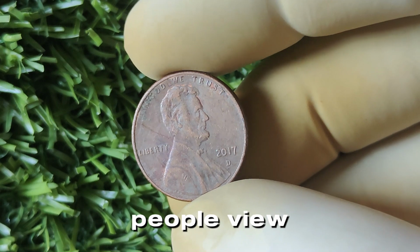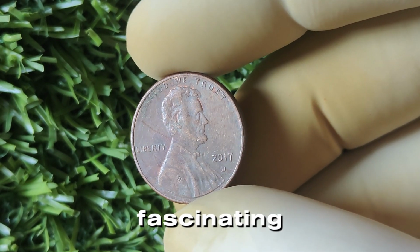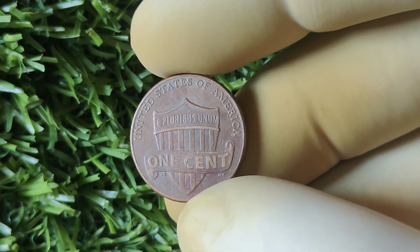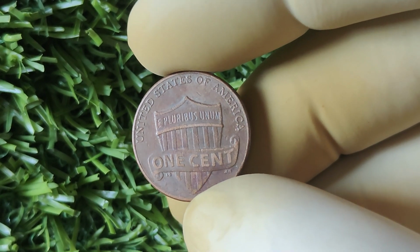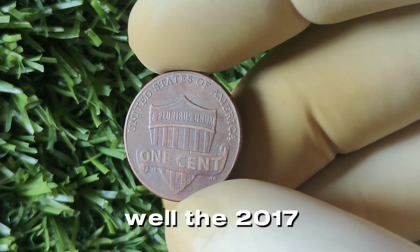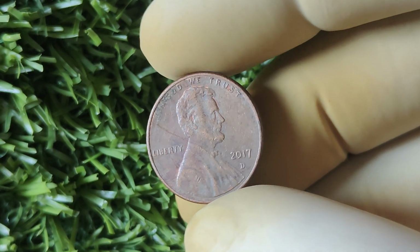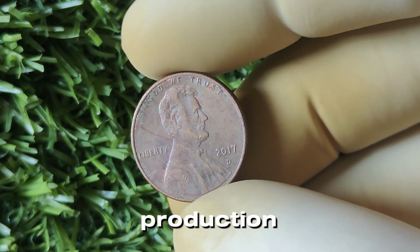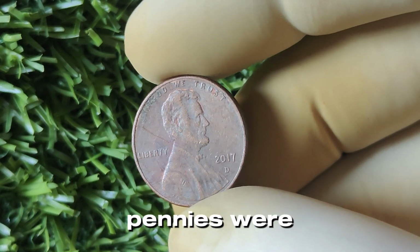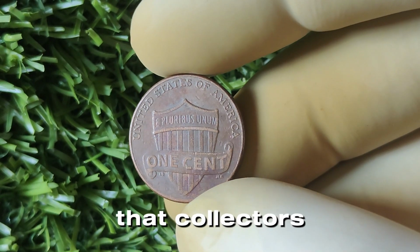While most people view pennies as just loose change, this particular coin has a fascinating story behind it. Now, you might be wondering, why is this penny worth so much? Well, the 2017 D penny isn't valuable just because of its year or mint mark. It's primarily because of a rare error that occurred during its production. Some of these pennies were struck with a misaligned die, resulting in unique features that collectors are eager to get